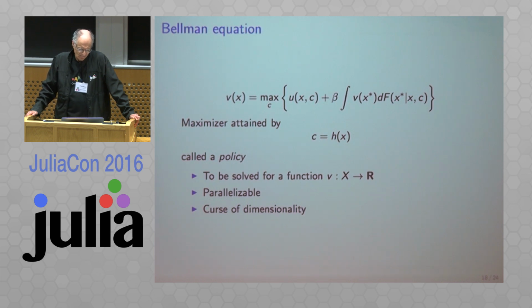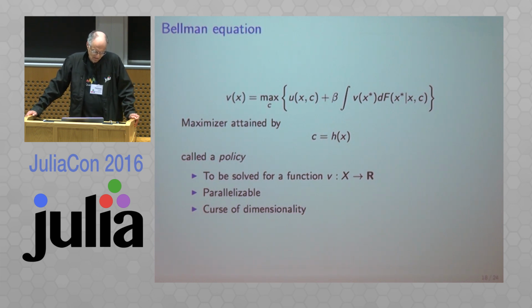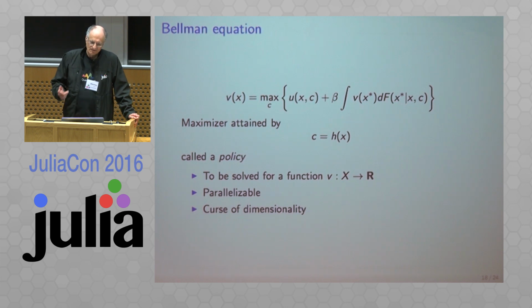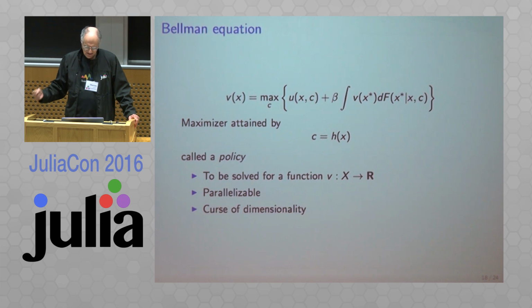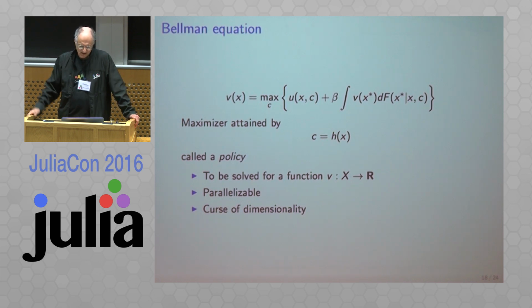There it is. Your one-period utility function is u of the state today and some action you take, c, and then beta is a discount factor, and then tomorrow the state's going to be X star, but you don't know X star. It's governed by some probability distribution. It's a conditional distribution that's partly determined by what you do. So there it is. There's V on the left and there's V on the right. So you didn't know it to begin with, and you don't know it now. But you know it has to satisfy that so-called principle of optimality.